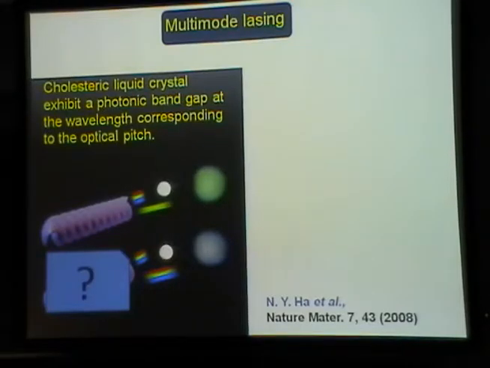The other topic is multi-mode lasing. I already said that cholesteric liquid crystals exhibit a photonic band gap at the wavelengths corresponding to the optical pitch. So if this pitch is in the green region, then only the green light is reflected. However,